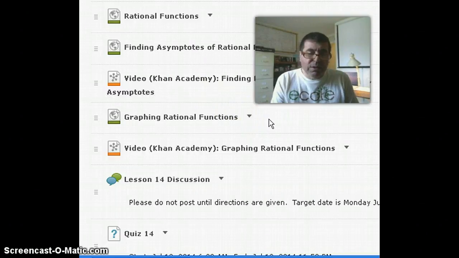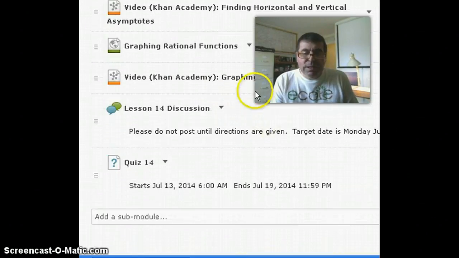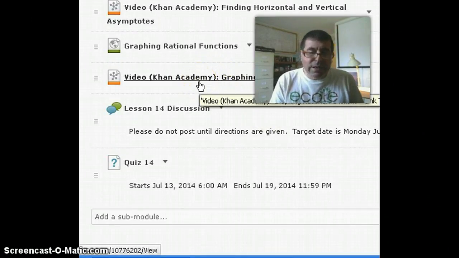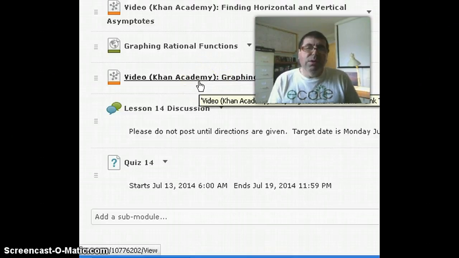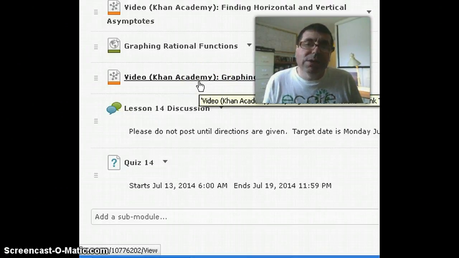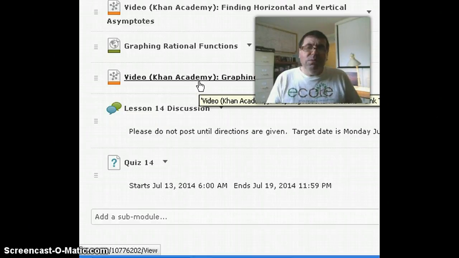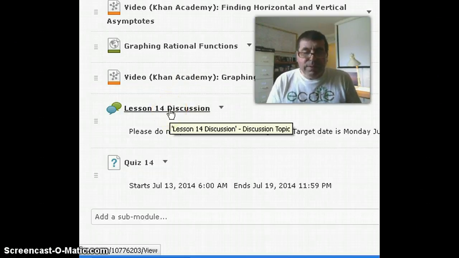Here's another reading on graphing rational functions. And I like this next item, which is a video where Sal Khan is trying to describe how to graph a rational function really without doing it on the graphing calculator, and then using the graphing calculator to verify his understanding. The next item is the lesson 14 discussion, and like I said, I'll have this up here by